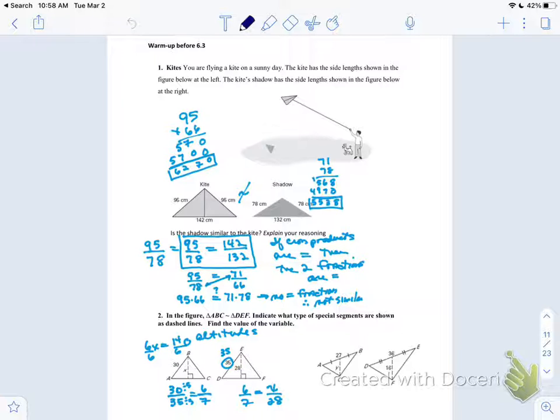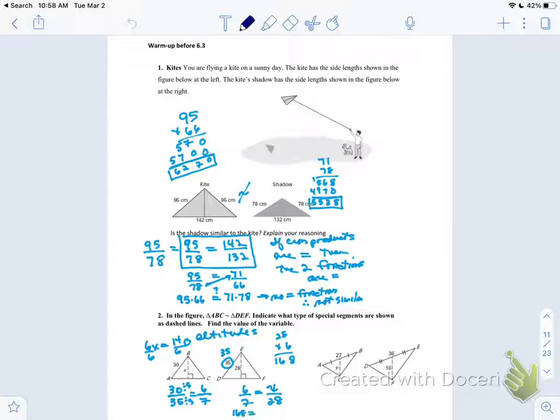So I need 6 times 28. 6 times 8 is 48, and the 8, carry the 4. 6 2s are 12, and 4 more makes 16. So I have 168. So now I want to know